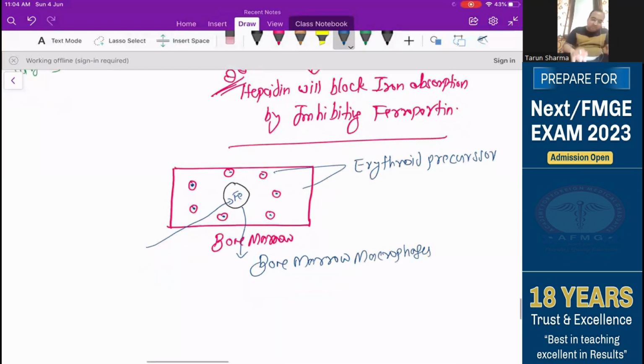So whenever iron is reaching the bone marrow from the blood, which is the cell to receive the iron? That is the bone marrow macrophage itself. Then bone marrow macrophages will serve this iron to the rest of the erythroid cells so that they can make the hemoglobin molecule out of this iron. Okay, but this